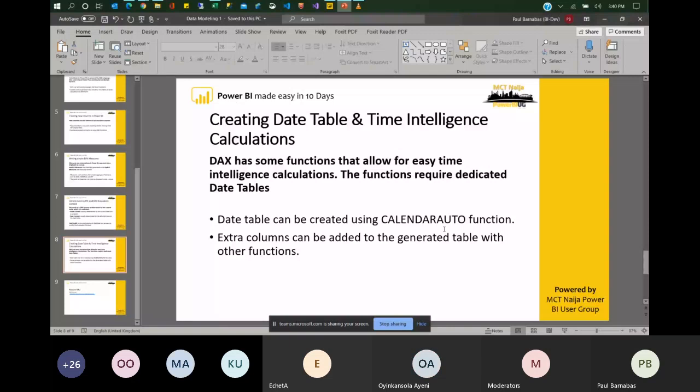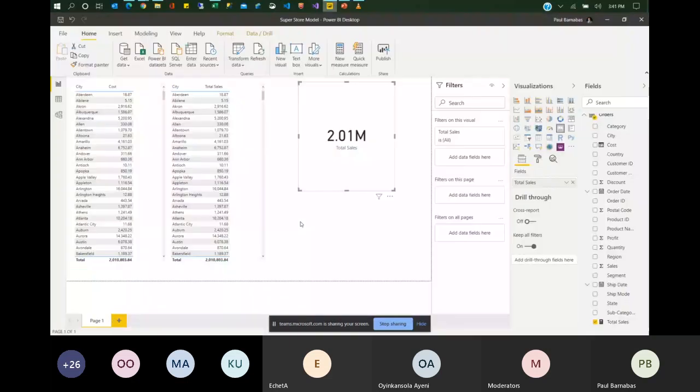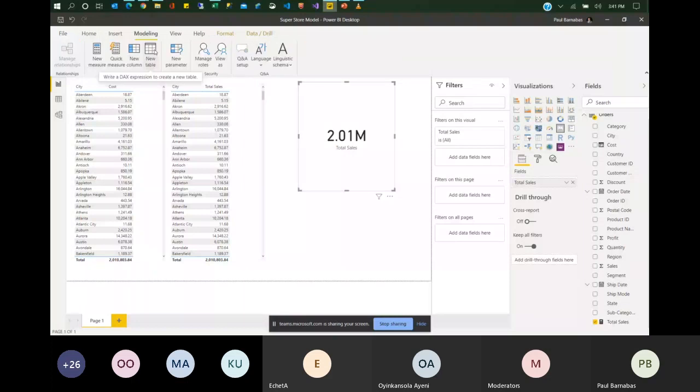We can achieve that if we have a date table. So what we'll be doing right now is to build a date table. We can go about that by coming to the Home menu, then Model, and New table.